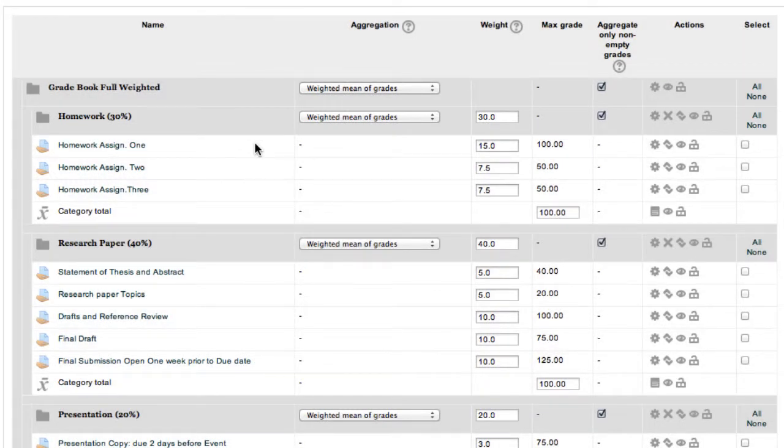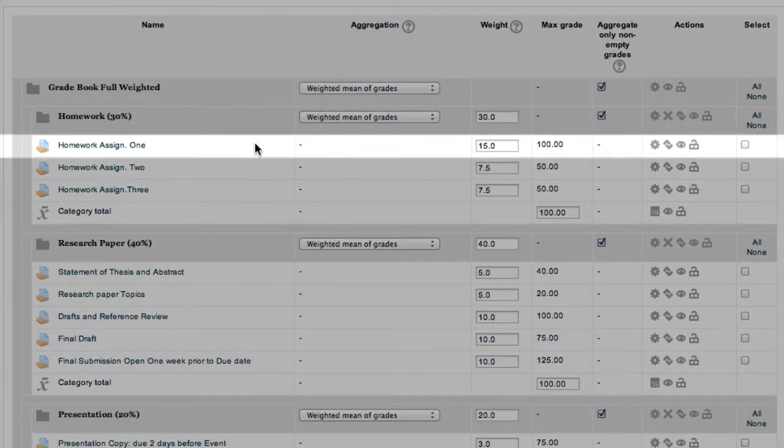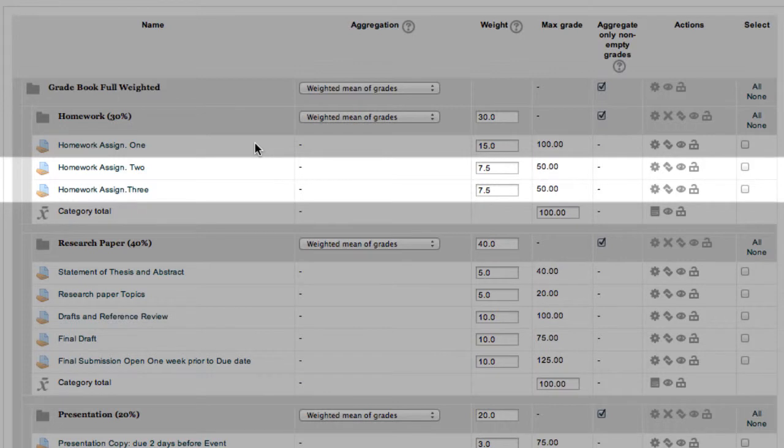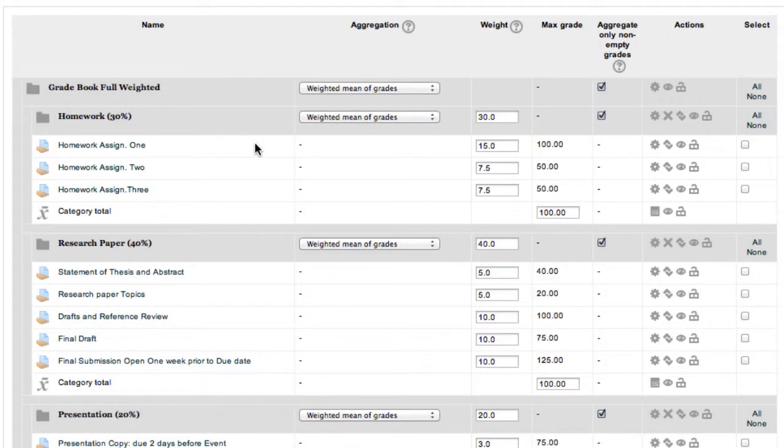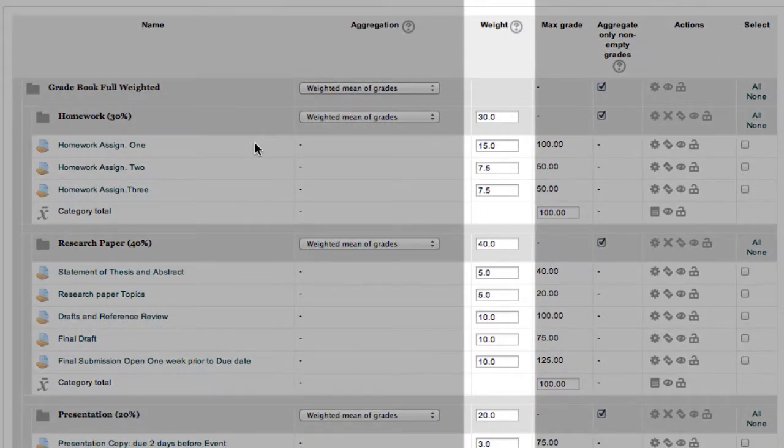But we're allowed to enter, for example, homework assignment 1 being worth twice as much as the other two assignments, which is representative of their point value. Homework assignment 1 is 100. The other two items are 50 points. In this weight column, you put the numerical value or weight as it relates to the entire category.